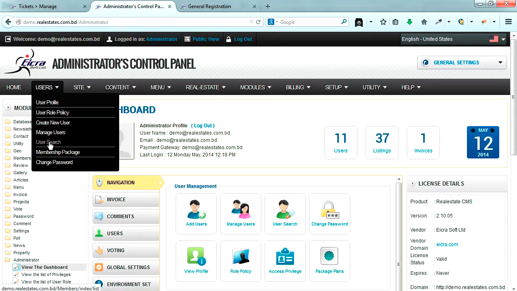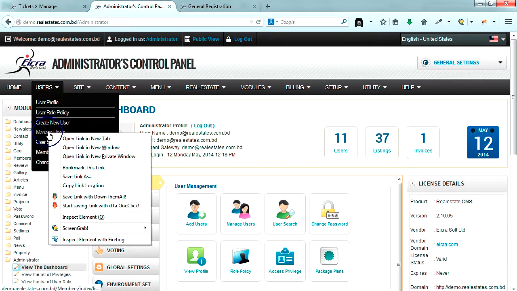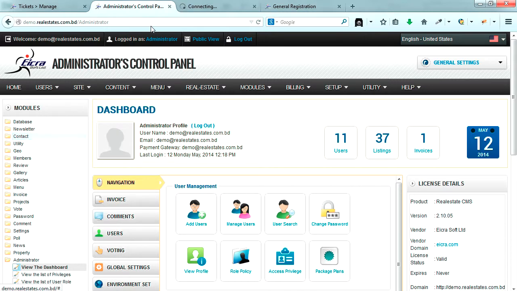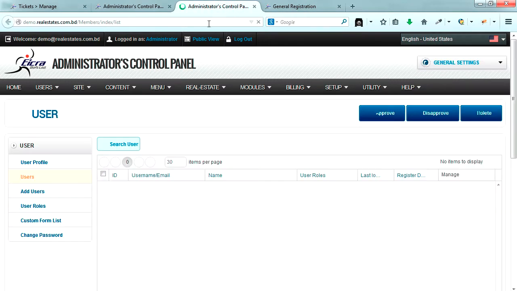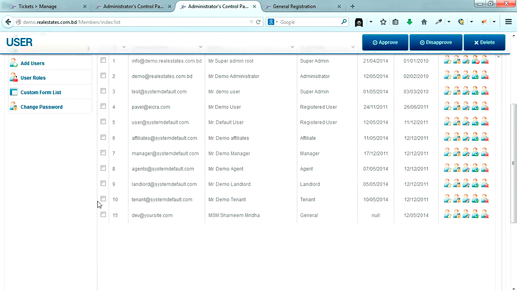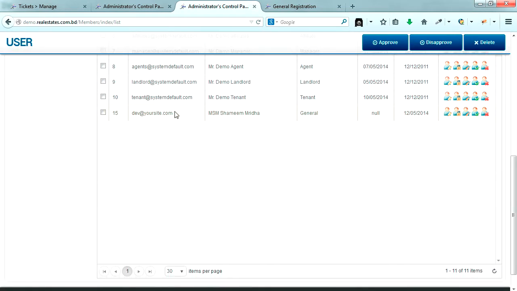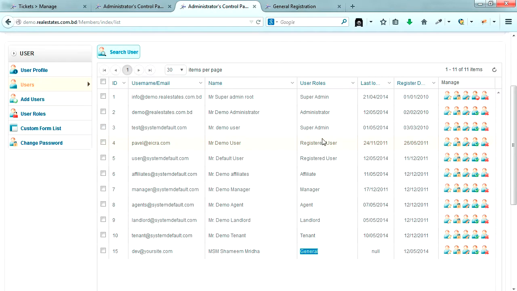Now I'm going to my admin login area, and I would like to see if a new user got registered under the general role. So let us log into the admin panel, user and manage user. Under manage user I open a different tab so that I can go back side by side. Look at this, user ID number 15 has been newly created under the name MSM Shamim Mridha